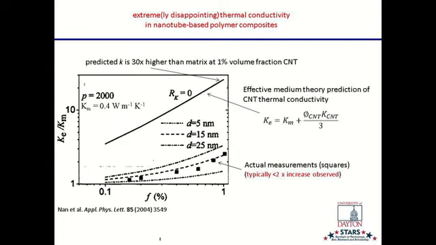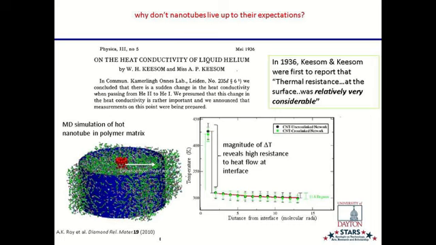What was disappointing was that what happens in reality is about a factor of 2 increase by adding these carbon nanotubes. It's disappointing, but it's not really surprising. For a long time, we've understood the concept of interfacial thermal resistance. This is the first paper that reports on interfacial thermal resistance. Keesum, their English was less than perfect. They say that the thermal resistance at the surface was relatively very considerable for these supercritical helium solid experiments that they were doing. But it is relatively very considerable, and it's best shown in this simulation where we've got a